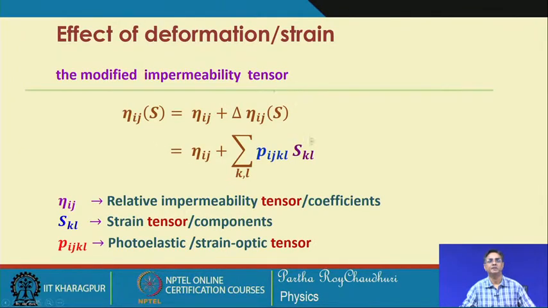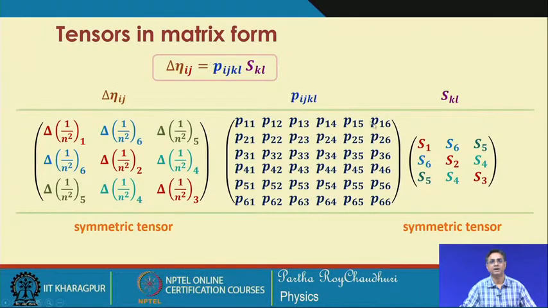Now, the modified tensor, which we have mentioned is in presence of the strain, this is in absence of the strain, the normal state, and this is the change in the impermeability because of the strain. So, this has the form of this. Because of the symmetric nature, we can write delta eta with the diagonal terms 1, 2, 3. This is your 4, 5 and 6. 4 and 4 are symmetric, 5 and 5, 6 and 6, these are the symmetric off-diagonal components.